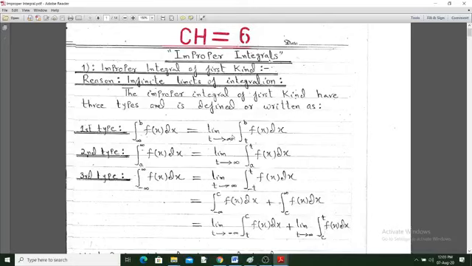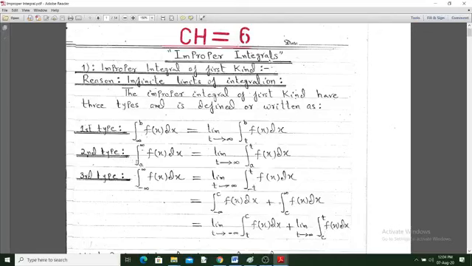Then you may ask why they are equal. The answer is that the scientists defined it in this way. There is no other way to define it. So scientists define that whenever you have to compute a first kind and first type of integral, just write limit t tends to infinity of integral t to b of f of x dx, compute this integral, and at the end put t equal to infinity. Similarly,